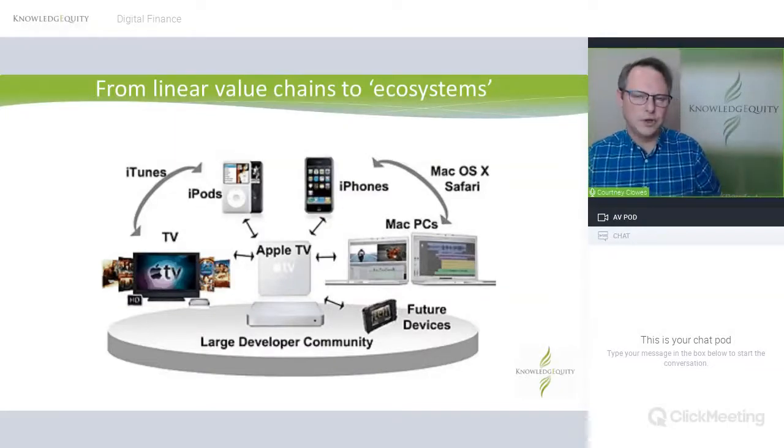But what we're seeing in Module 1, Part B is ecosystems. So the Apple ecosystem is a good example. The Android system is another one. There are various systems out there. But what it shows you is it's not linear. There's a whole bunch of factors, each of them encouraging the other.